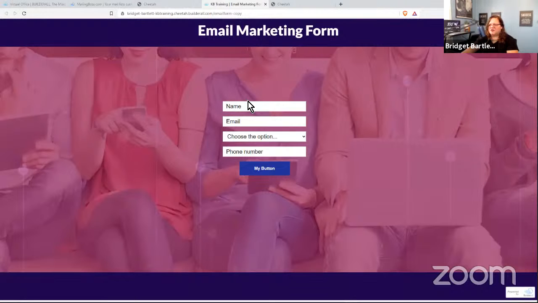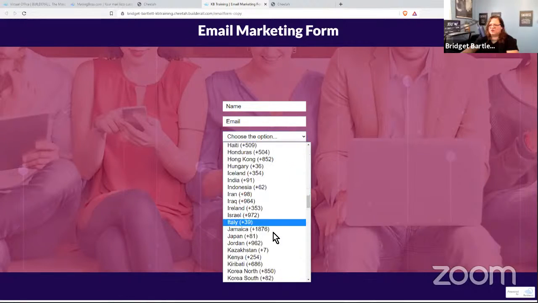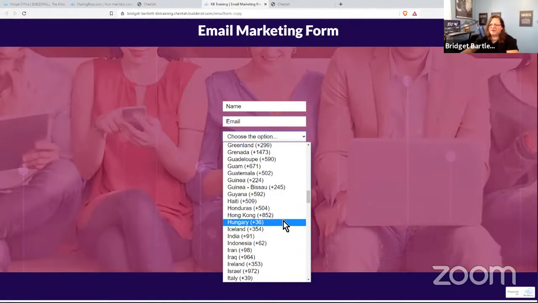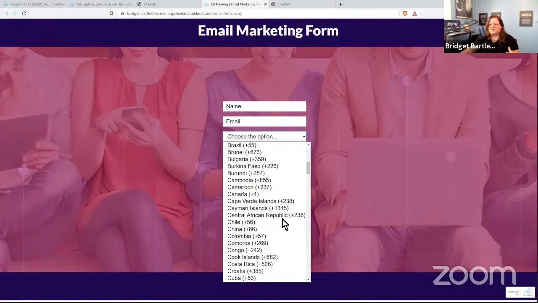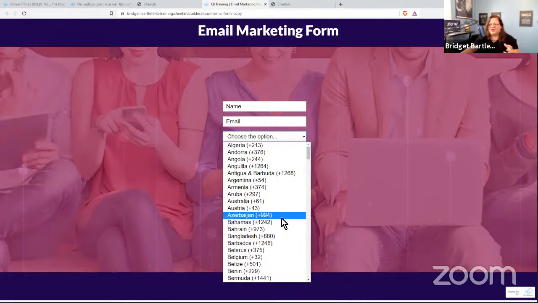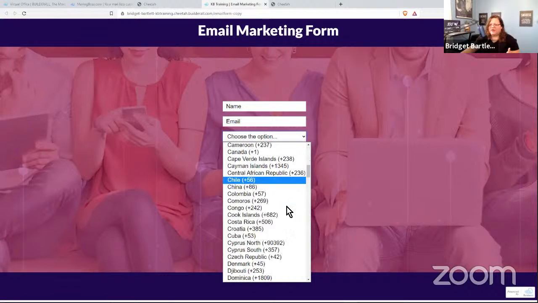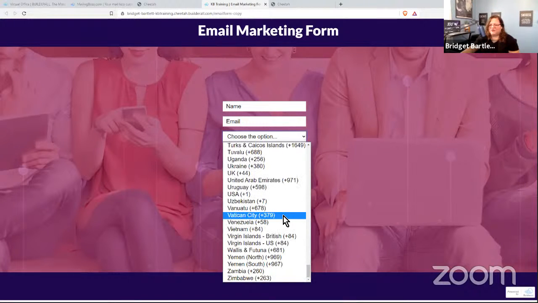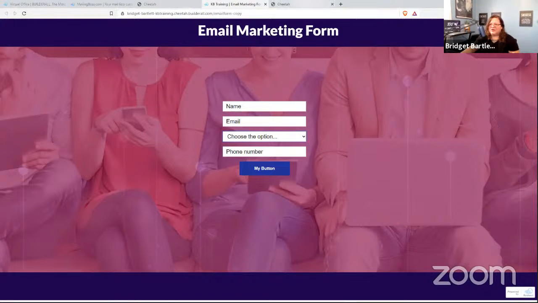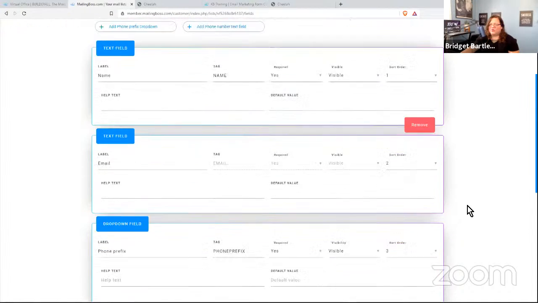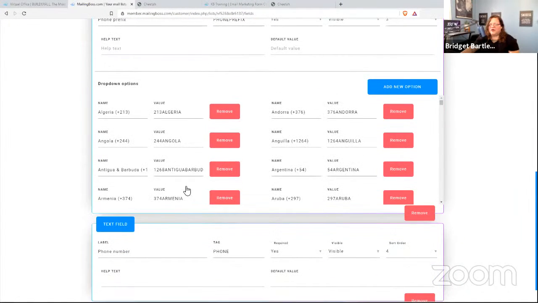So here's what it's going to look like when you're collecting the information for the name, email, and then see, they have to choose which country they're in. And that's going to be because when you're texting, you have to choose the country code. So United States, it's +1, but they need to enter in whatever country they're from. And you can actually go through the list here, and if you don't want phone numbers from a specific country, like let's say that you're sending international numbers,